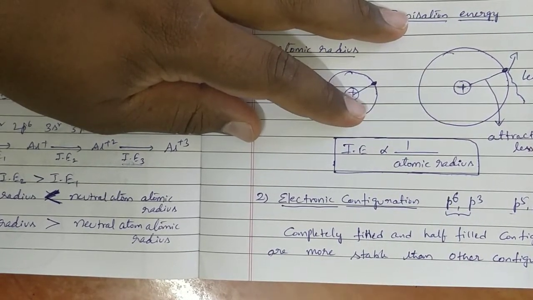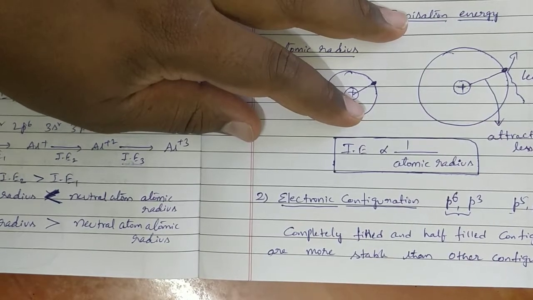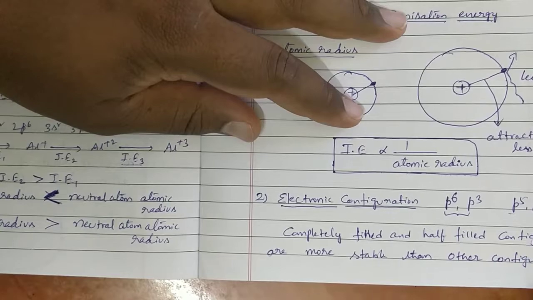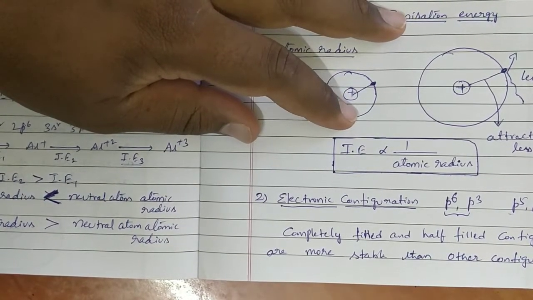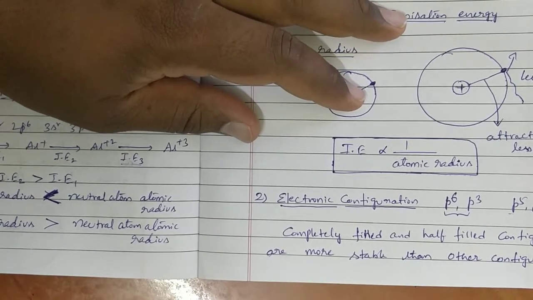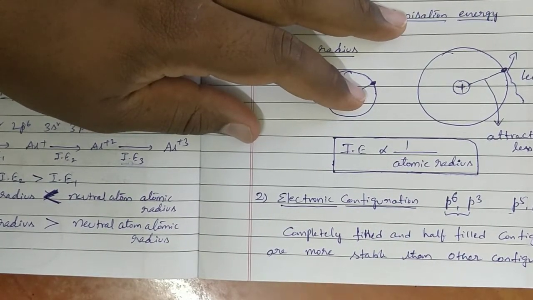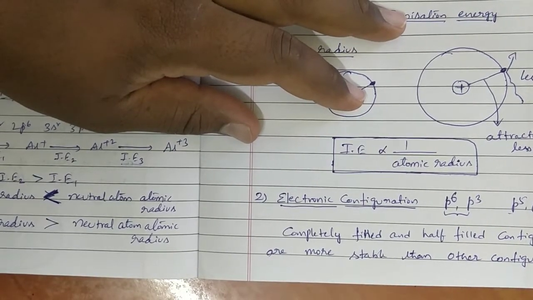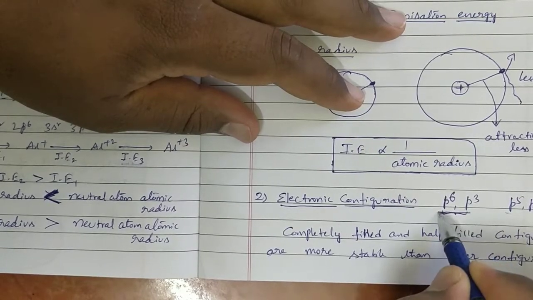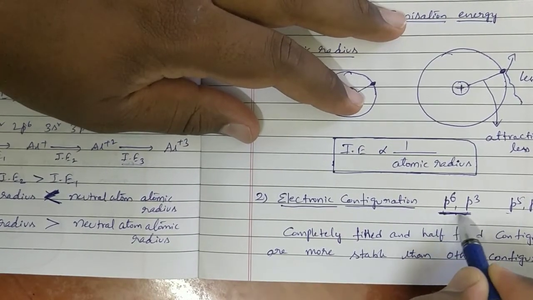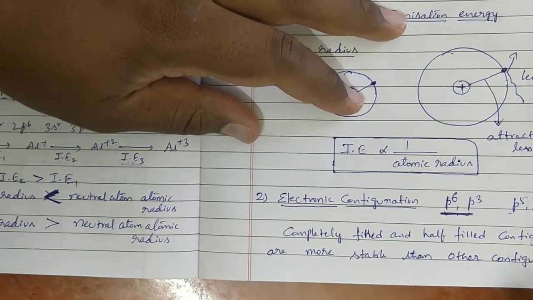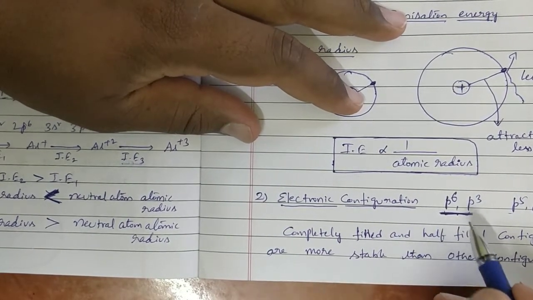From a stable atom, we cannot remove the electron easily. A high amount of energy is required, because if you remove that electron, it may lose the stability. In the universe, no one wants to lose stability, so the nucleus will hold the electron very strongly. So the energy required to remove electrons from stable configurations is high. That means the ionization energy of p6 and p3, the examples I told you, is high.